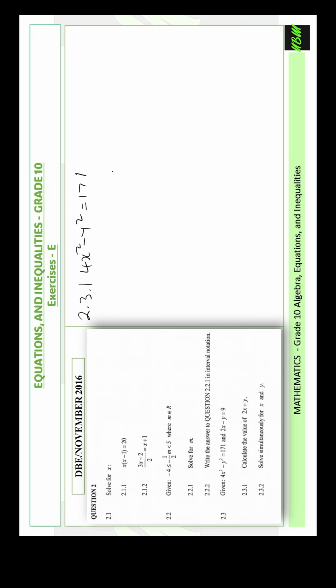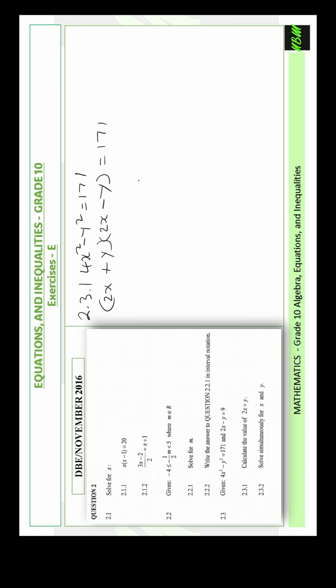Now, on the left hand side, let's look at the expression 4x squared minus y squared. I hope you can realize that here we are having the difference of two squares. Therefore, let's factorize. We'll be having 2 brackets equal to 171. The square root of 4x squared is 2x, plus the square root of y squared, y. And then we repeat the expression in the second bracket, but we change the sign in the middle. Therefore, this will now be